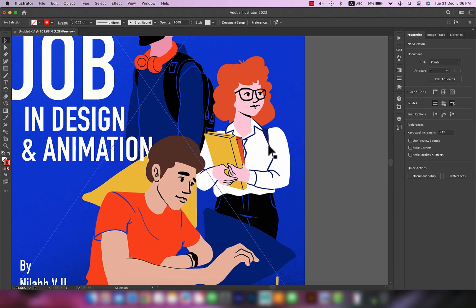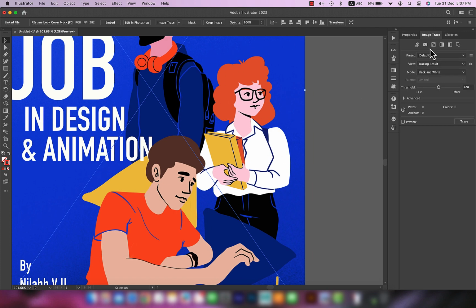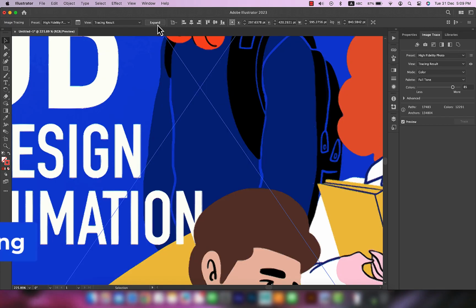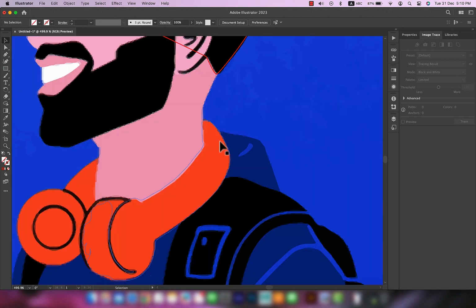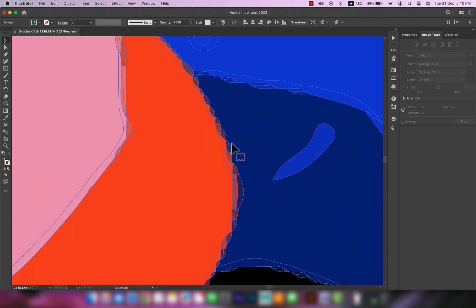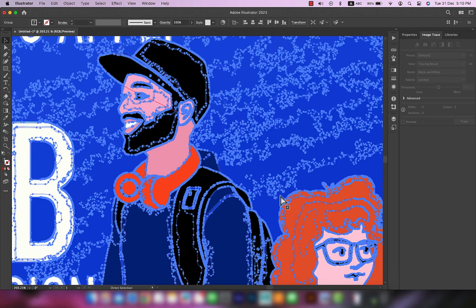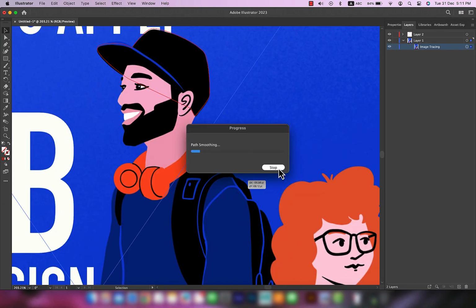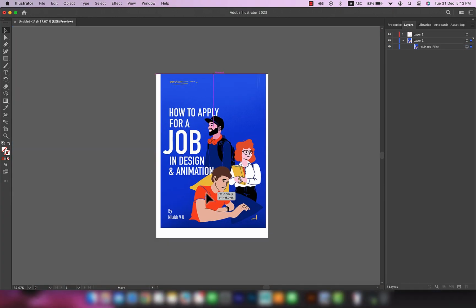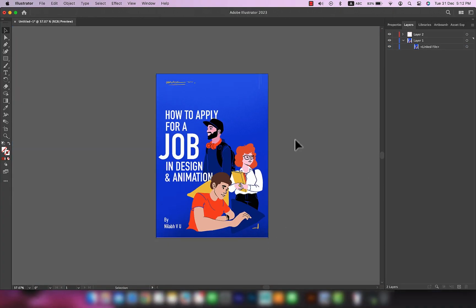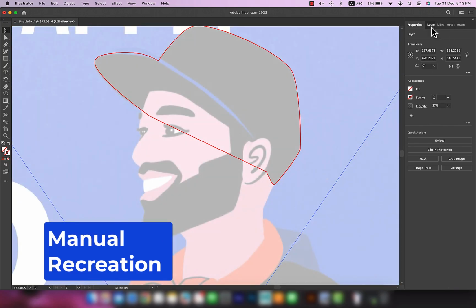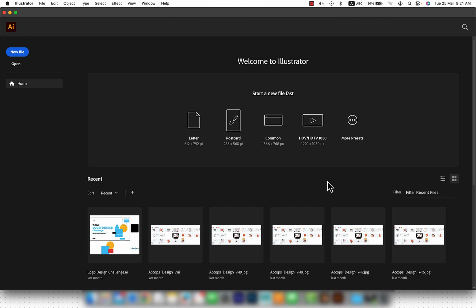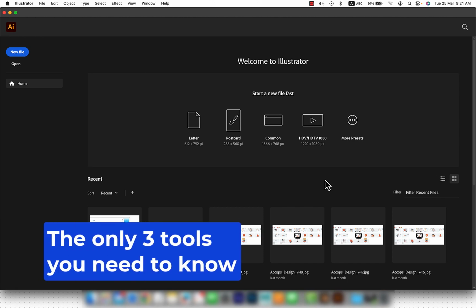Now, before actually starting vectorization of the design inside Adobe Illustrator, I wanted to try the auto tracing option, the image tracing option in Illustrator in the newer versions, but that didn't really work as none of the options, even the high fidelity options, were giving me clean shapes to work with. I tried it multiple times and didn't really like it, so let's just start creating good old shapes with the manual recreation method. So let me simply show you what 3 main tools we are going to use to create